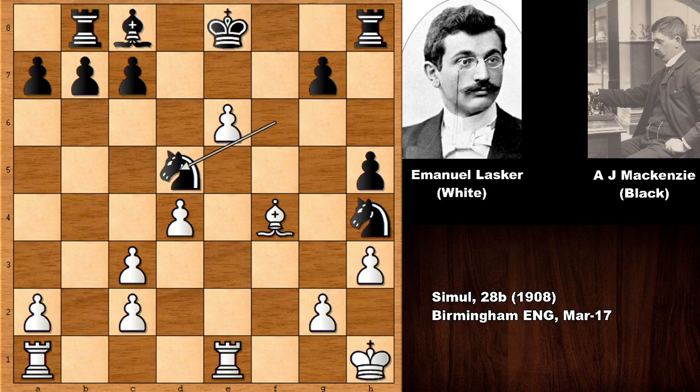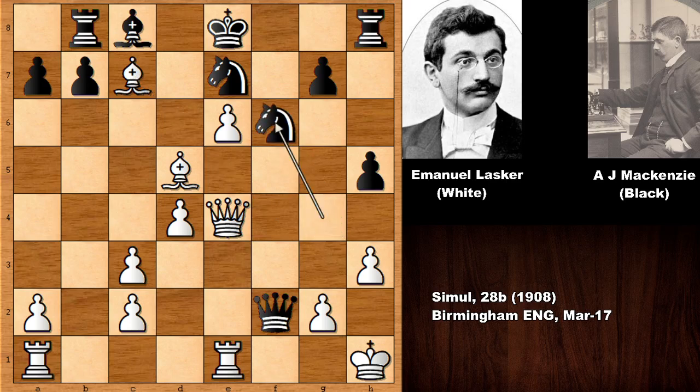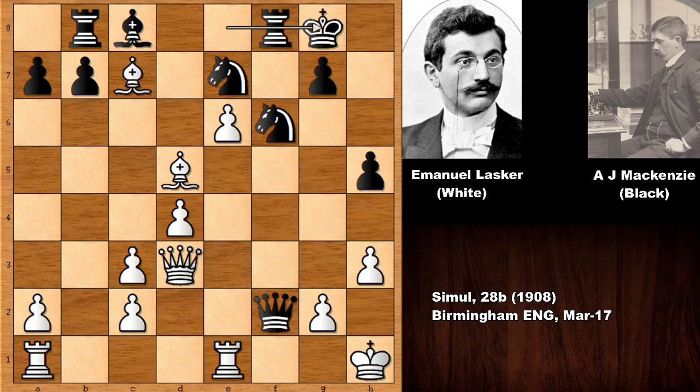So it was an interesting moment of this game. Mackenzie had all the time, since Lasker was playing against 27 other opponents, but he somehow couldn't find a simple knight to f6. He played knight to f5, and this gives Lasker a very valuable tempo, a very valuable time to develop his bishop. So this is also attacking the knight, and we have knight back to e7, simply capturing the pawn on c7,